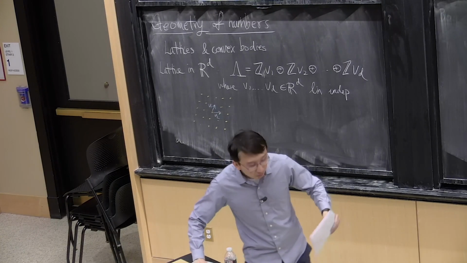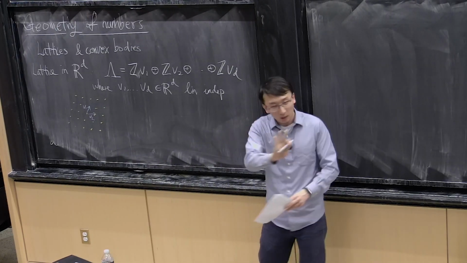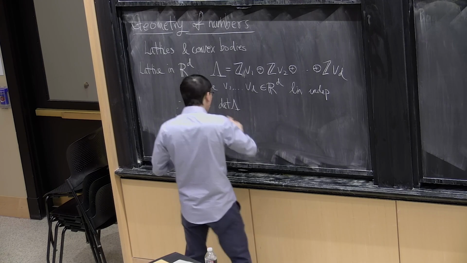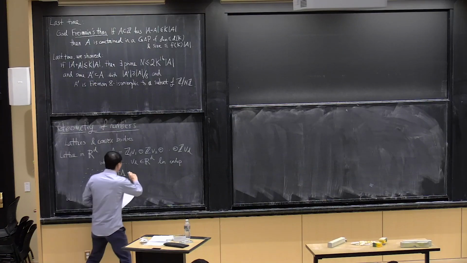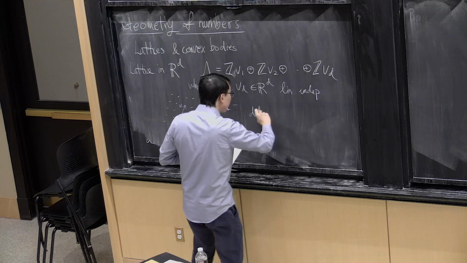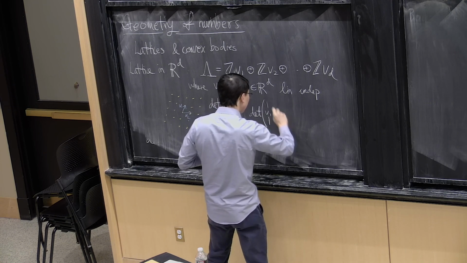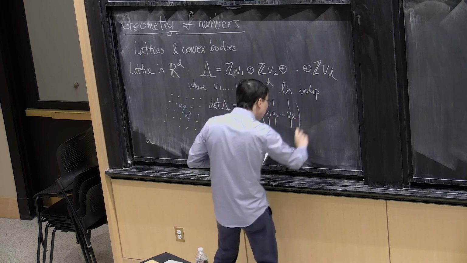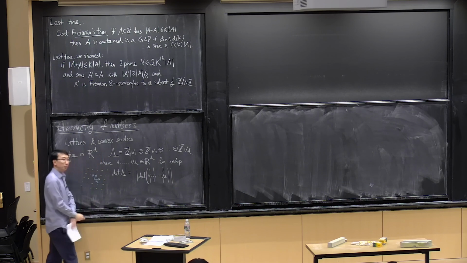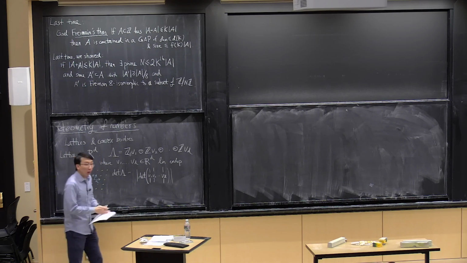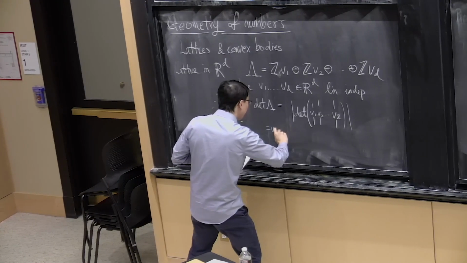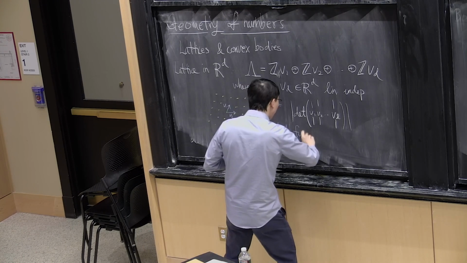Just to emphasize this definition for a bit, one more definition that we'll need is the determinant of a lattice. So what's the determinant of a lattice? One way to define it is you look at these v's and you construct a matrix with the v's as columns, and you evaluate the absolute value of this determinant. More visually, the determinant of a lattice is also equal to the volume of its fundamental parallelepiped.